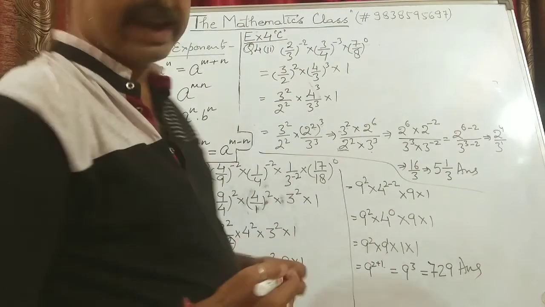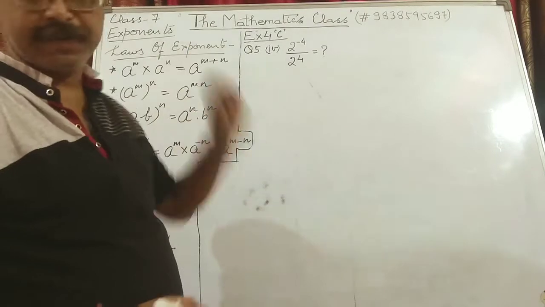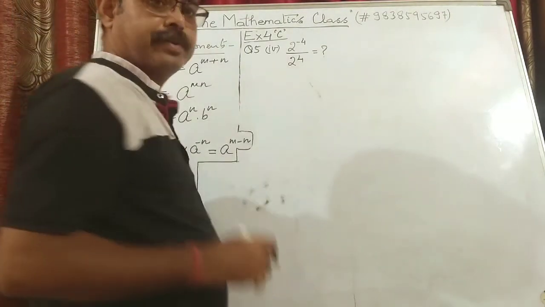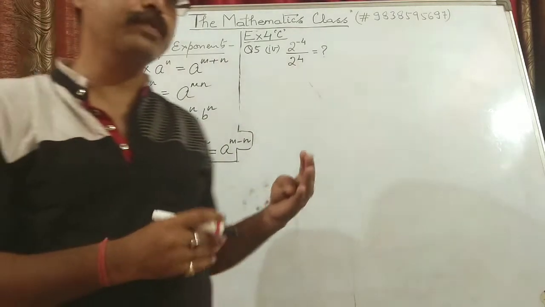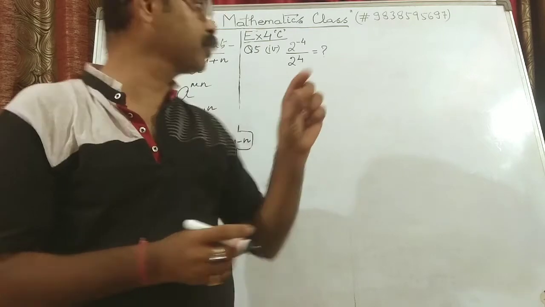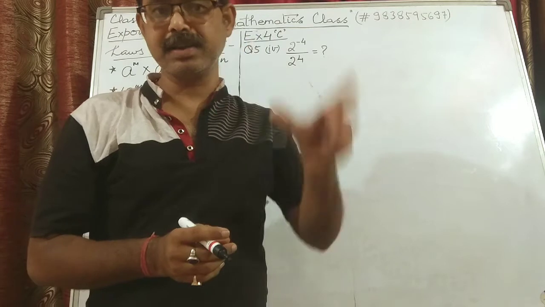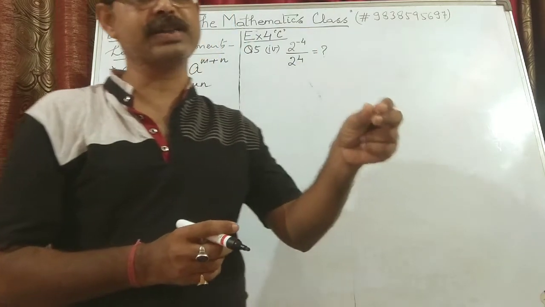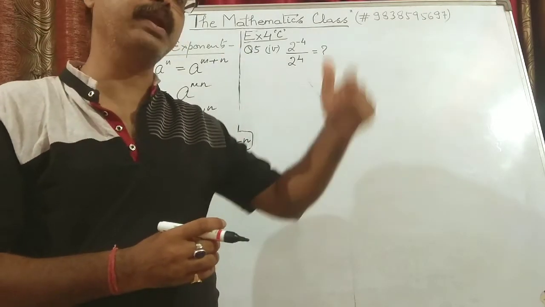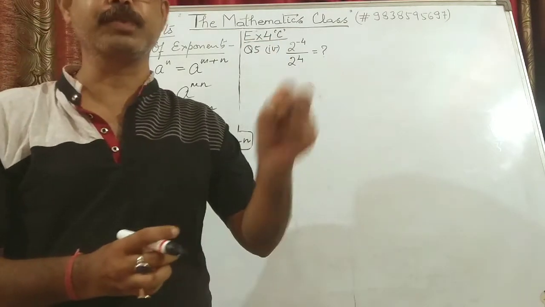Now we move on to the next question, that is question number 5. We have taken the fourth part, and the fifth and sixth we'll be doing. Now in this question it is written simplify. Simplify means you have to find the final value. Suppose the answer comes as a particular numerical value, let's say 512. So you have to solve up to the last part. You will not leave it in exponential form.